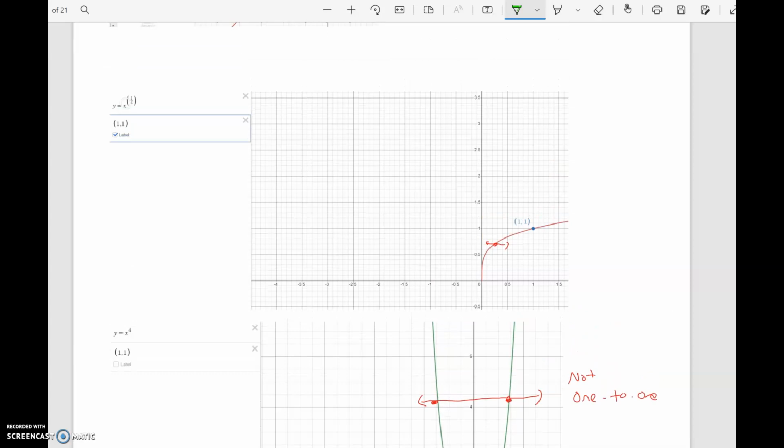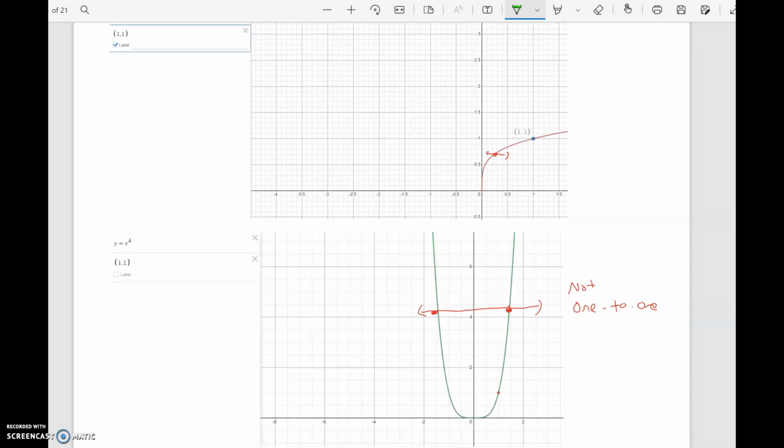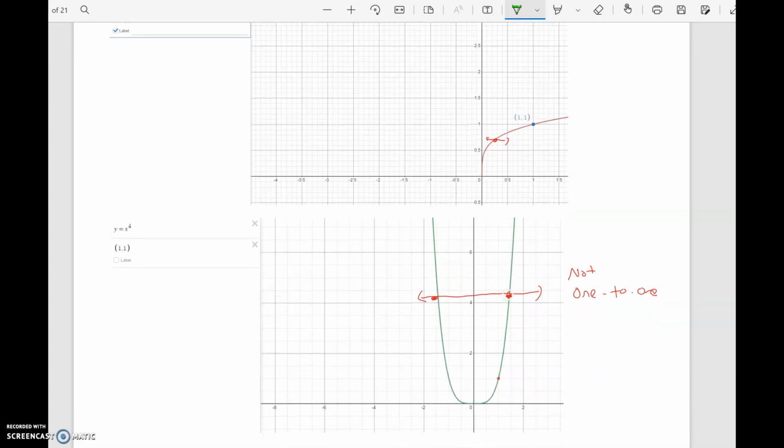As we look at x to the 1/4, this is the function and it contains (1, 1). As you invert it and find the inverse, we end up with a function that is not 1 to 1. Technically you're using all of these coordinates and replacing the x's with the y's. Now, an easy way to spot which piece is going to be the one that we need, technically, it's going